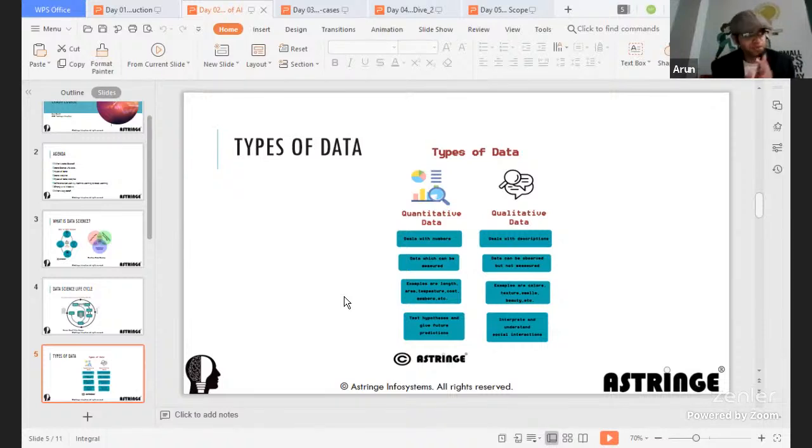But suppose I change it a bit. Rather than giving stars, I'll give a scale of 1, 2, 3, 4, 5. Then the same data could shift towards quantitative data, because you can say 1, 2, 3, 4, 5, and it becomes quantitative discrete data.